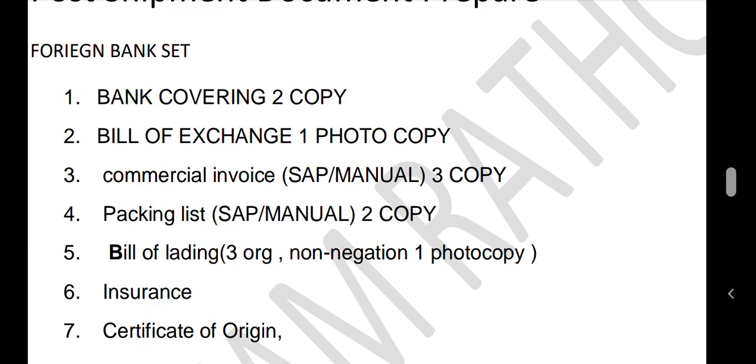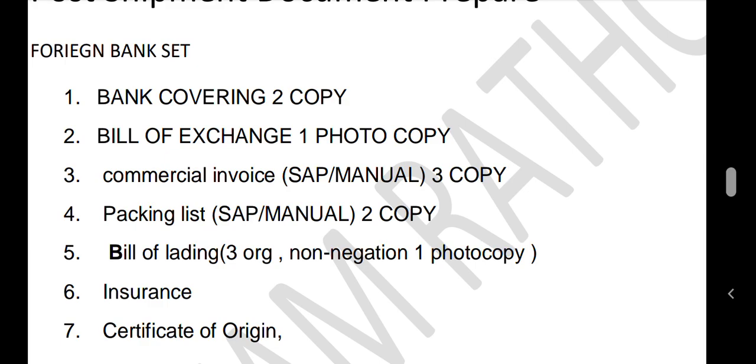But all the details regarding the shipment we need to mention. Initially, at the initial level, we prepare the commercial invoice for customs purposes, but this commercial invoice needs to be updated with other information, because this commercial invoice will go to the foreign bank. So, like the LC number, bill of lading number, shipping bill number, HSN code, these details need to be updated after the first initial data update in customs. Then, when we submit this commercial invoice for the foreign bank, we need to amend it.